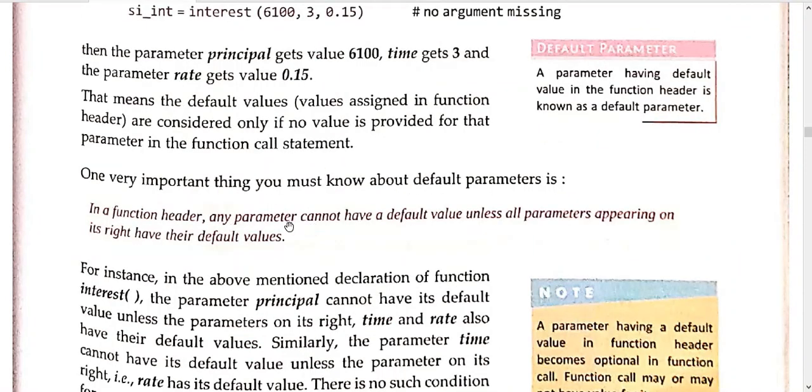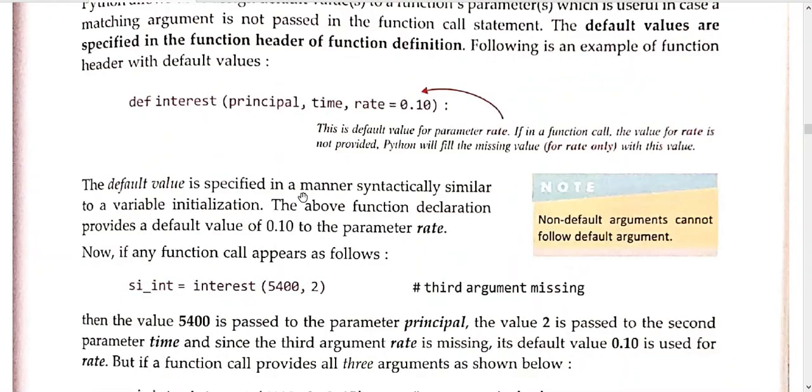This is the rule defined for a function header: any parameter cannot have a default value unless all the parameters appearing on its right have their default values. That means if you want principal to have a default value, then all the variables on its right must have default values. See, time: if you want to assign a default value to time, then rate must also have it. If you want to assign a default value to principal, then time and rate should also be default parameters.